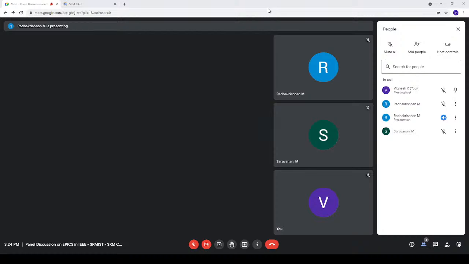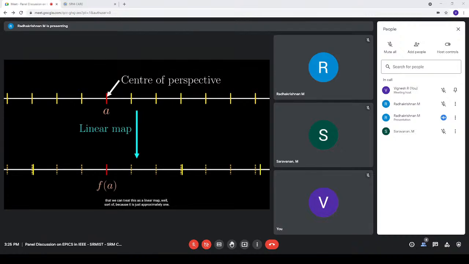Here is a little technical remark. In general, the point a will move to f of a rather than just staying put. So in fact, we have been centering our perspective on a. This means that we can treat this as a linear map, well, sort of, because it's just approximately one. In this case, the linear map is represented by the matrix 3, because this is a scaling by a factor